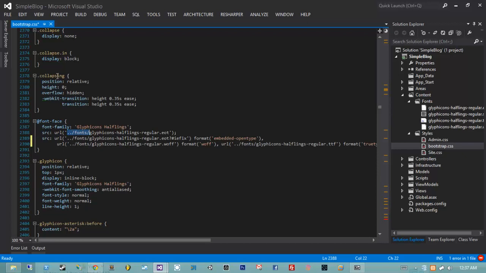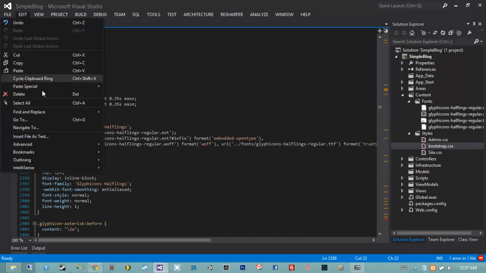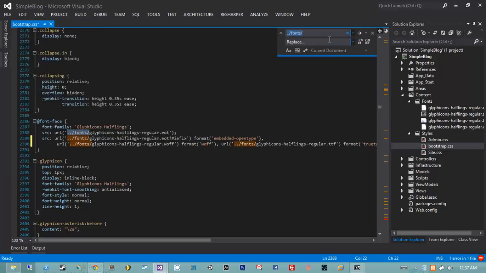There's actually another reason why I'm doing this, and we'll talk about that in a second after I fix it. So I'm going to go to Edit, find and replace, quick replace. I'm going to replace fonts with content fonts /